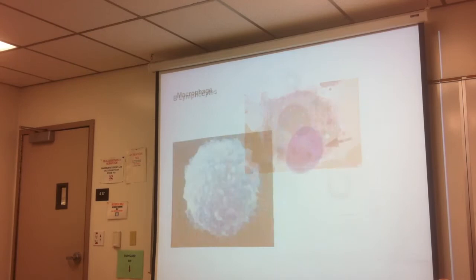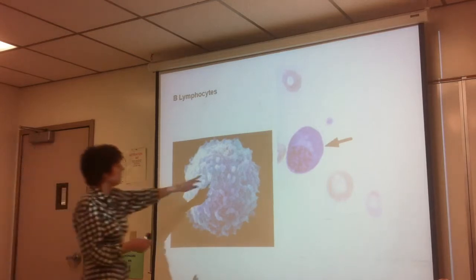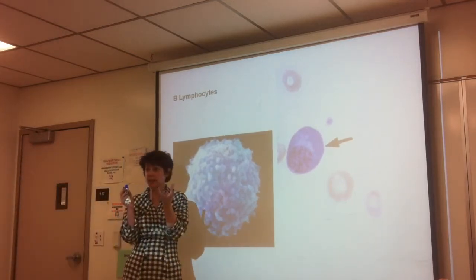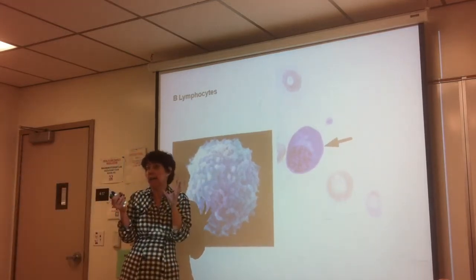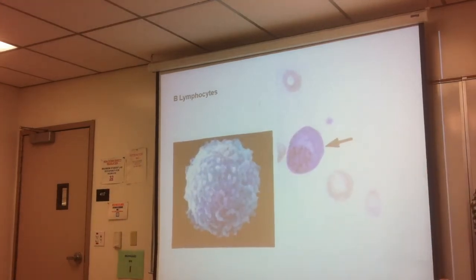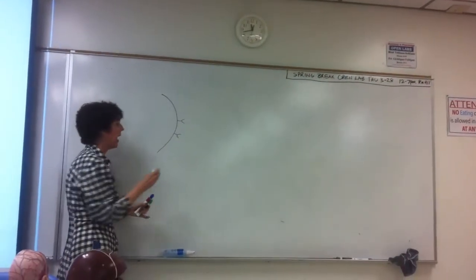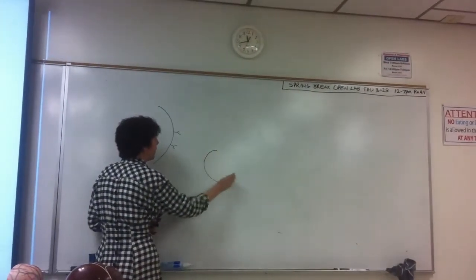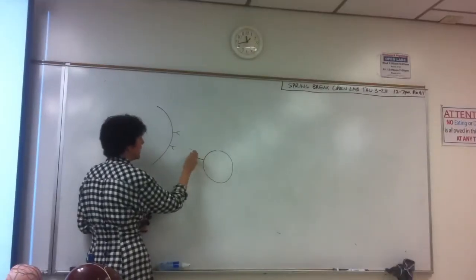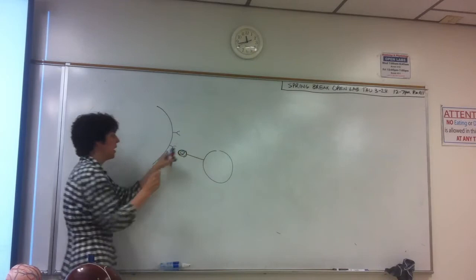How are they activated? We'll talk about this on Thursday and Friday, but they're activated when they have receptors on their surface that look like the specific part of an antigen. In fact, they are antibodies. So they have these receptors, and they will meet up with a macrophage or a T cell that is presenting an antigen that matches